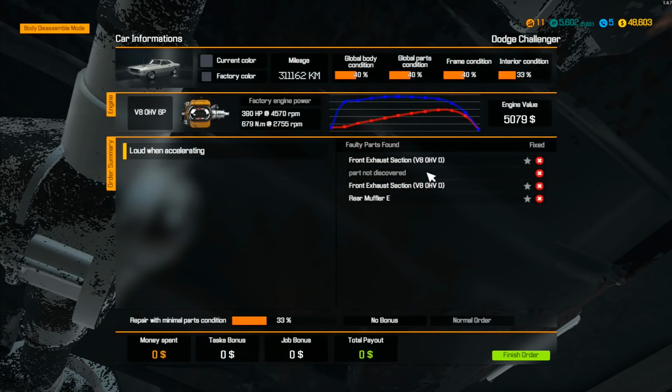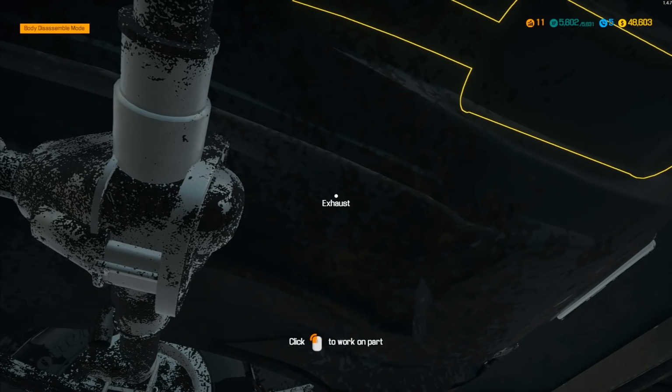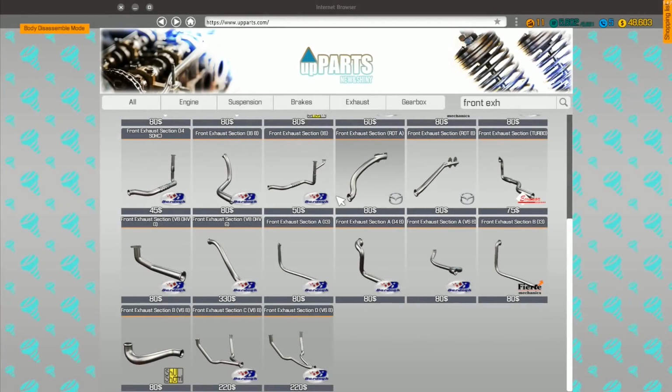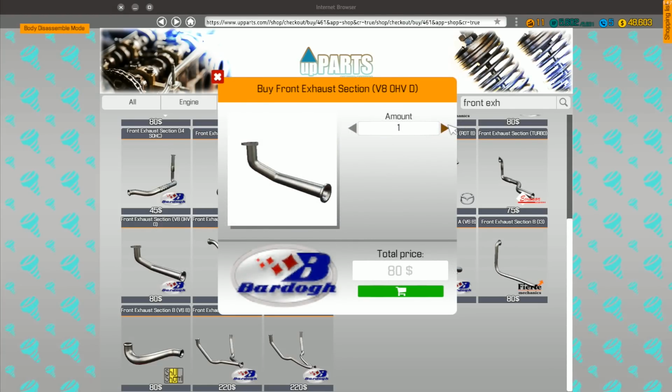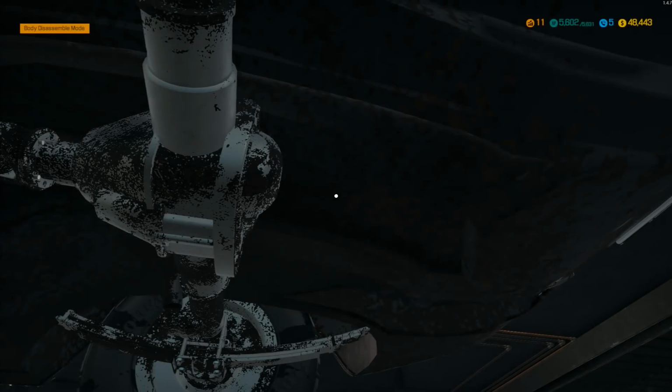This is the one thing that irritates me about this. Why can't I just order it from here? Right, V8 OHV D. Right, D. I've got to remember it's D. It's one thing I would really like, just to be able to click on the part and order. It would make it so much easier. But anyway, we want 2 of these. So we want to get that one there, and then it's the rear muffler E. I think rear muffler E is the other one that we... No, I don't want the tablet. I don't want you. I want...